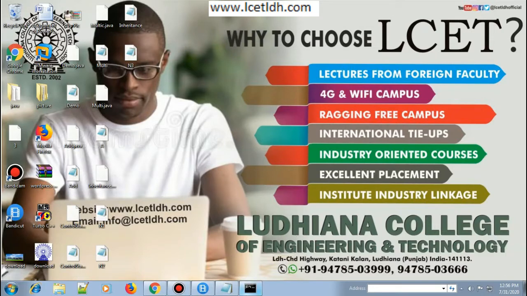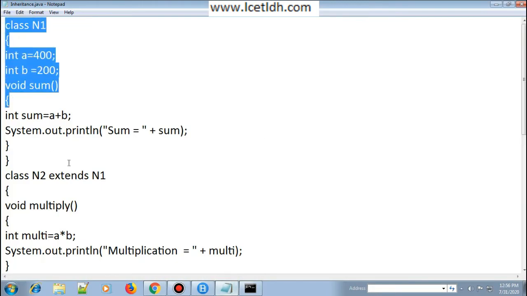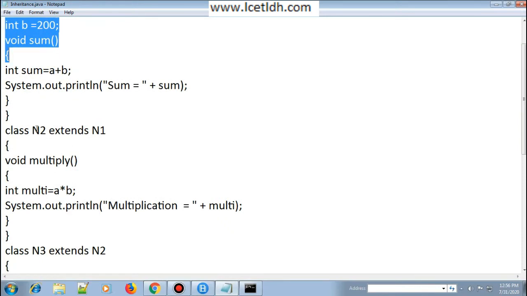Now we are quickly going to start with the next type, which is hierarchical inheritance. In case of hierarchical inheritance, let's say we have this class n1, and we have this class n2 and n3 as well, but n2 will extend n1 and n3 will also extend n1 only.